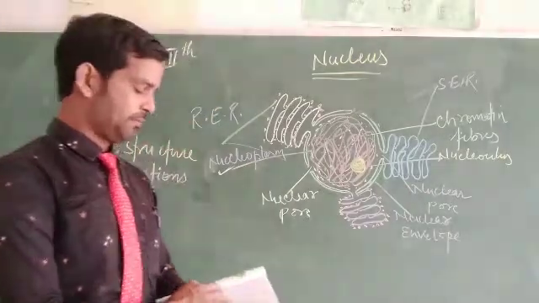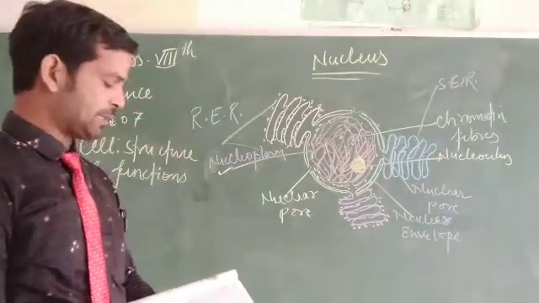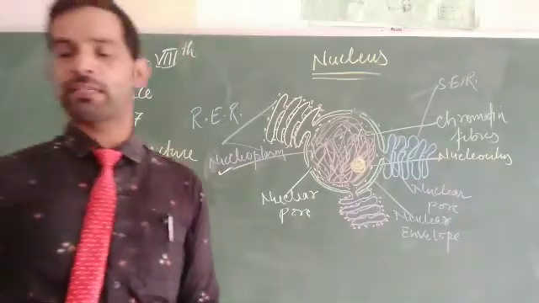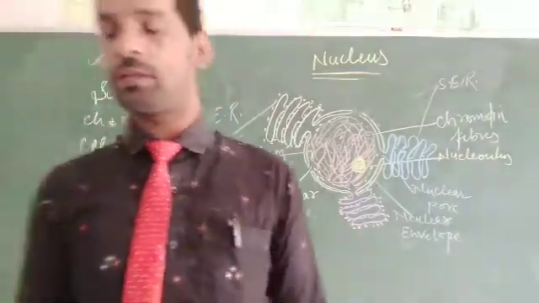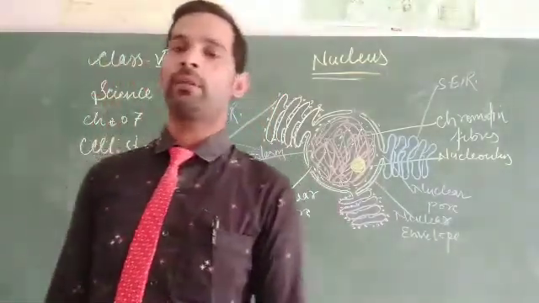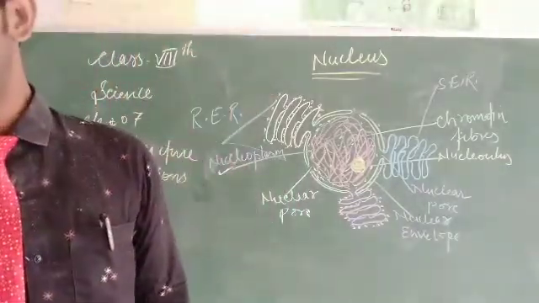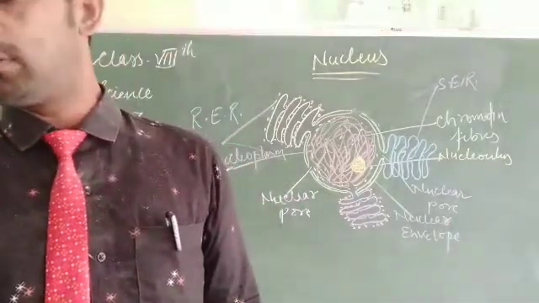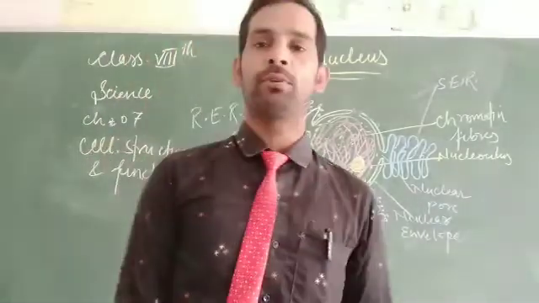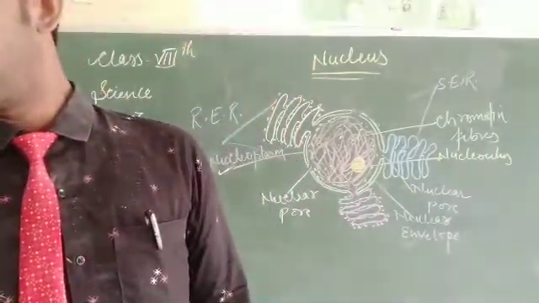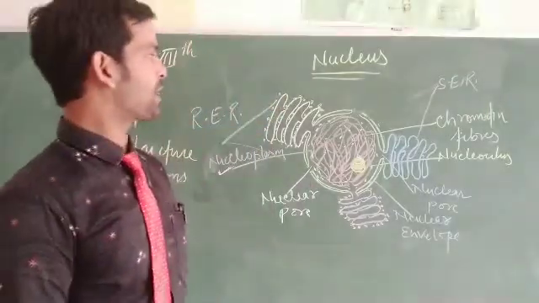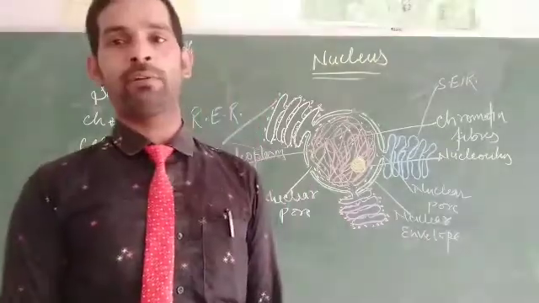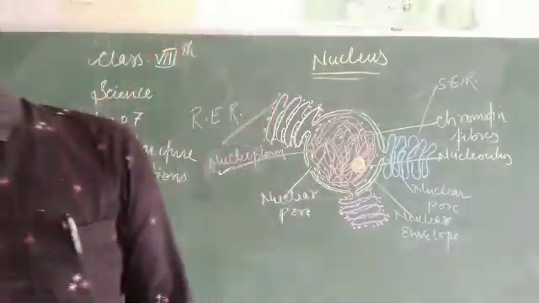Now next, the cell has a nucleus that controls all the activities of the cell. It is present in both plant and animal cells, and it cannot be seen by the naked eye. It can be observed by an electron microscope. You can see the different structures there: the nuclear membrane, nucleoplasm, nuclear pore, nuclear envelope, nucleolus, and chromosomes. Chromosomes are dense, regular, thread-like structures. The fibers are called chromatin fibers, from which the chromosomes are formed.